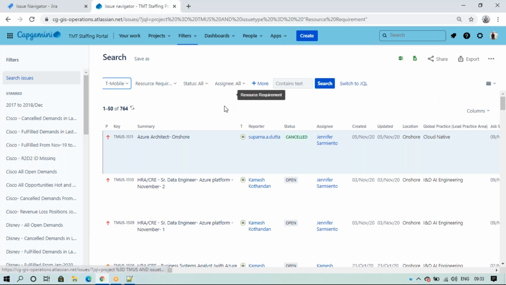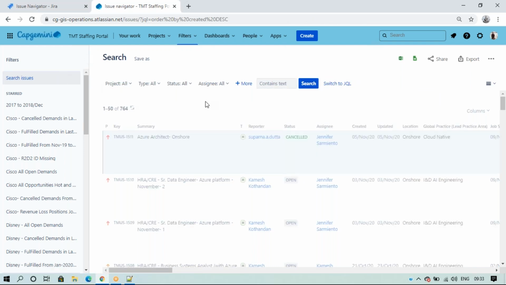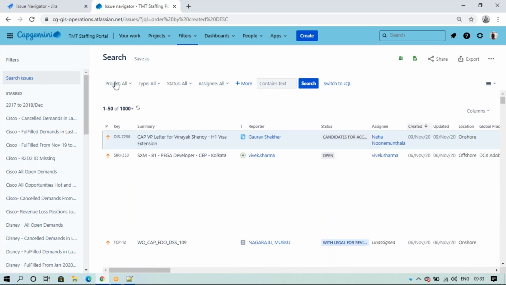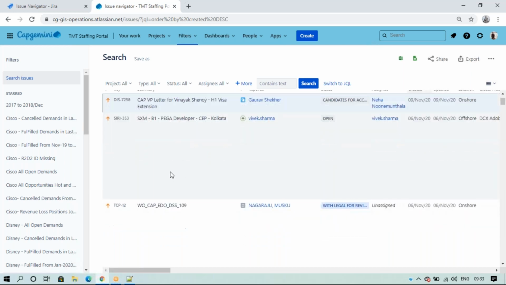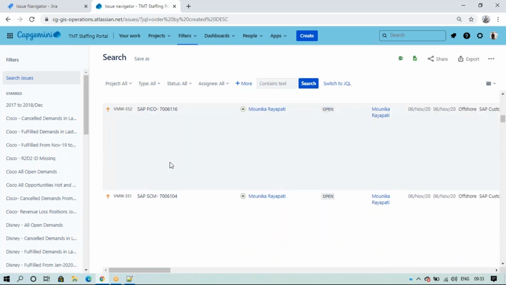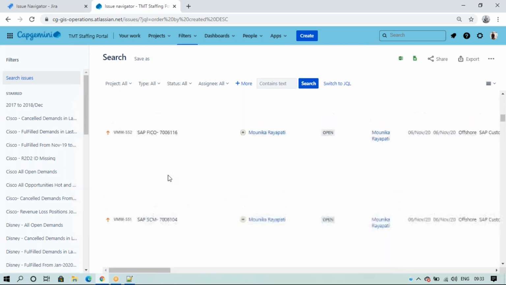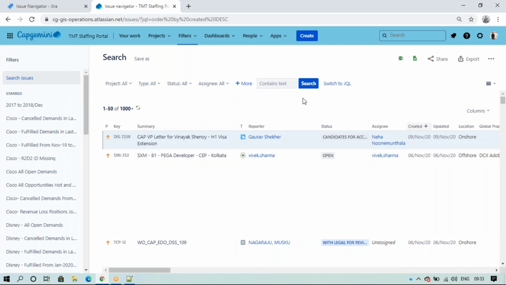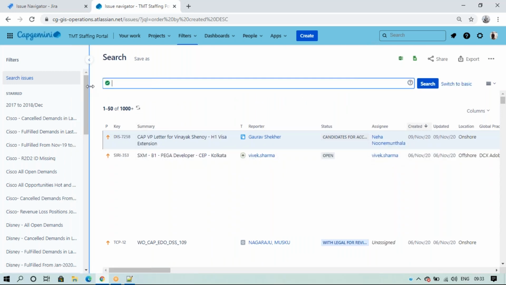Okay. And so next, we have this drop down. Like project is a drop down, or this is also a drop down. So for example, if you have any text field, how can we get based on the text field? So for example, we have summary. Based on summary we can get. Okay, summary is a text field.